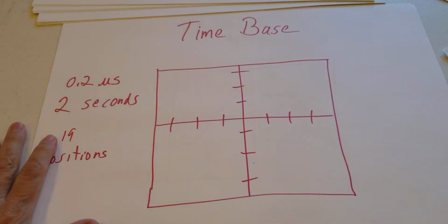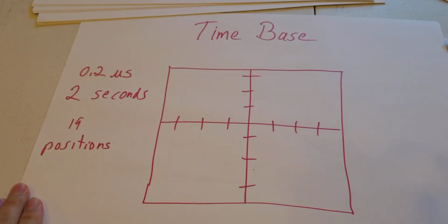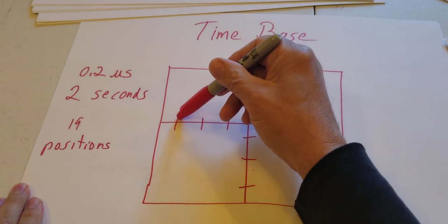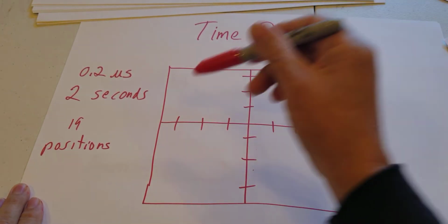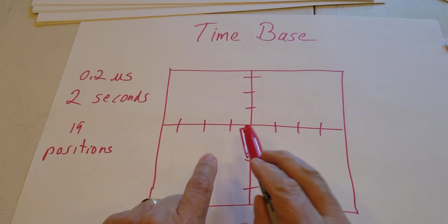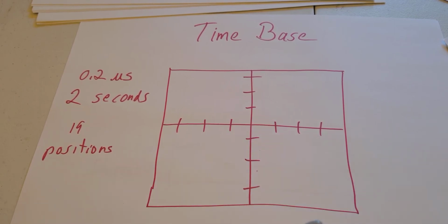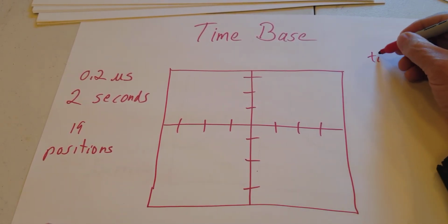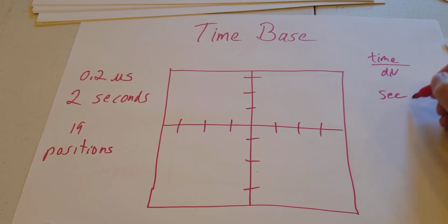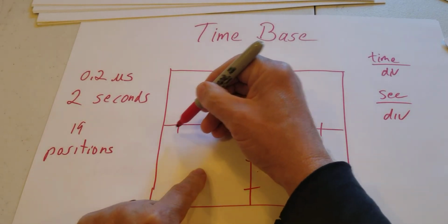Now let's talk about time base. Time base has to do with this. Remember I mentioned scan and then instantly come back. Scan, then instantly come back. So time base has to do with this scan, and it has to do with how many seconds are in one of these divisions. So it's time per division. It's usually seconds per division, right? It's seconds per division. So essentially, if I have a